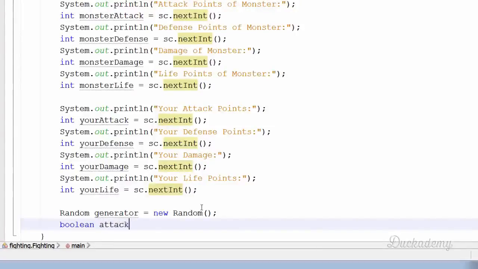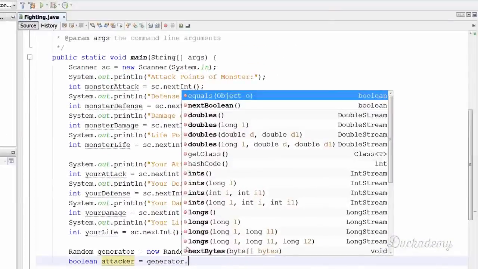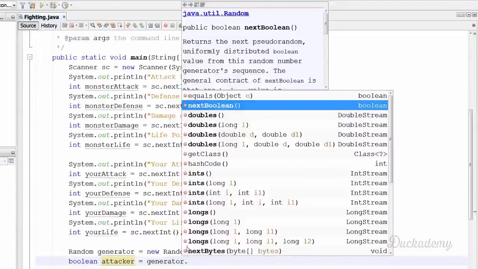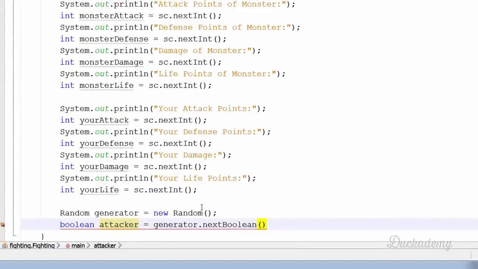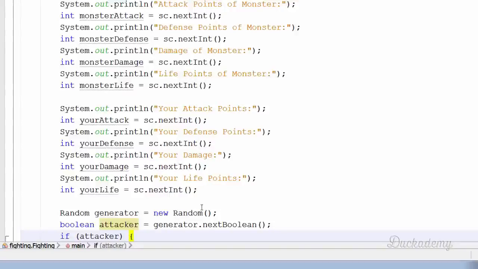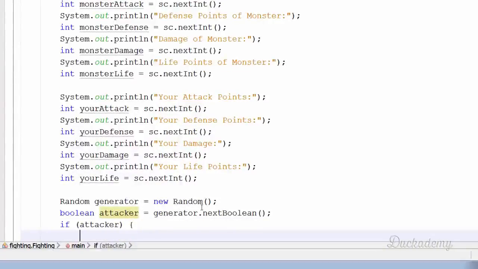This Boolean value will determine which party will attack. We will use nextBoolean. We create the next Boolean value randomly. And after that, if the attacker is true, then that means that you will attack,